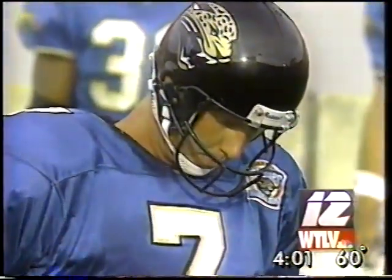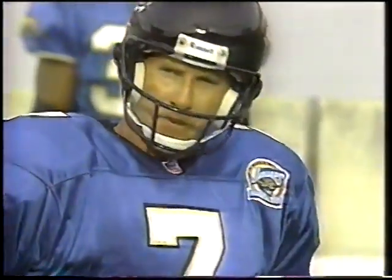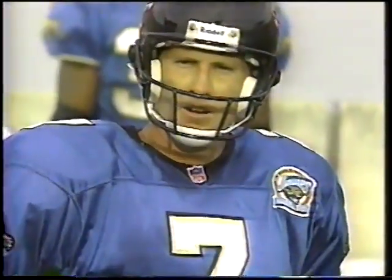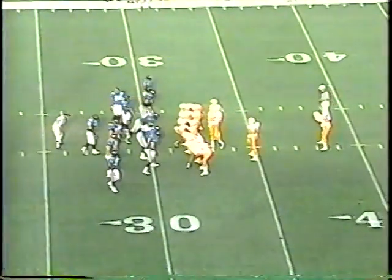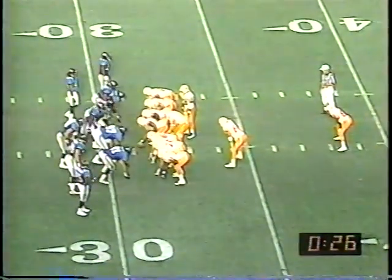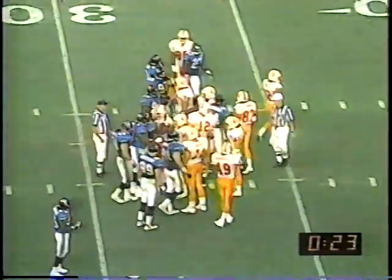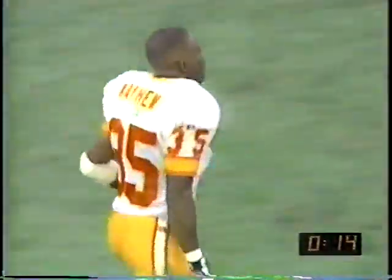I'm sure that as the ball was leaving his fingertips, he realized that Mayhew was going to be a major threat. We see the reaction of despair in Steve Berline's face. Third interception of the season for Mayhew, and it's really a shame. Berline had played so well, rallying Jacksonville back. They missed the two-point conversion. They get the onside kick back. They've got another opportunity, and Mayhew picks it off, and that'll be the final play of the game